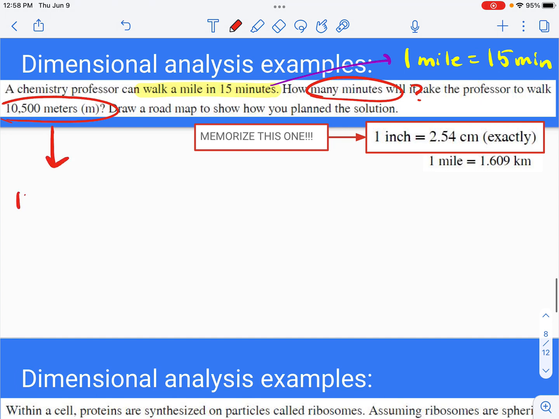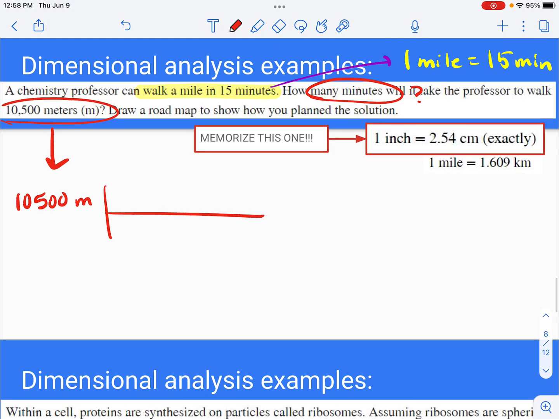So I'm going to start here with my 10,500 meters. And actually, you don't need this conversion factor that I gave you here. The inch is 2.54 centimeters, but this is a metric to English that you should memorize, so I always want to throw it your way. I'm going to go meters, and I'm looking to miles. So this is the other conversion factor I gave you. You would not have to memorize this, and so I'm going to go meters to miles, and this would be